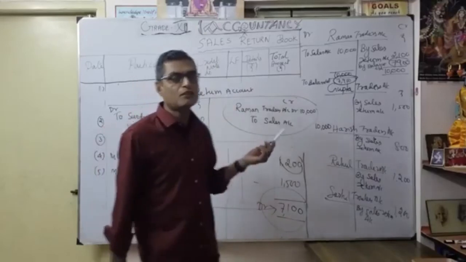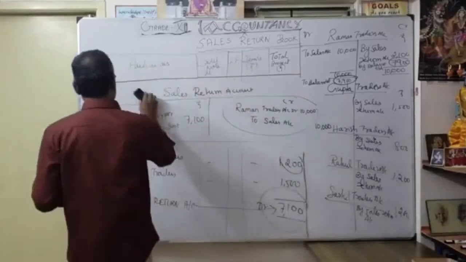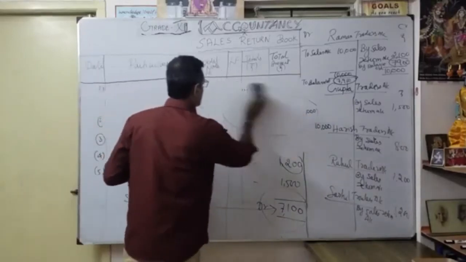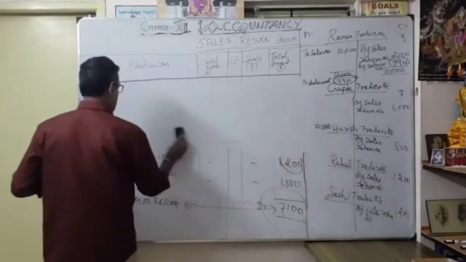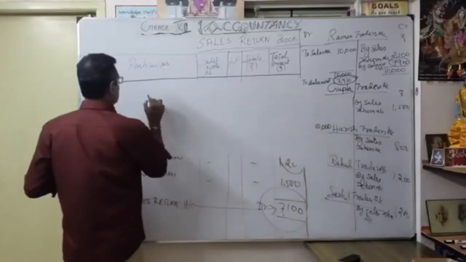What are the subsidiary books? Cash book, correct. You should know very well what the subsidiary books are. The cash book and the collection of all these books are called subsidiary books. So under subsidiary books,